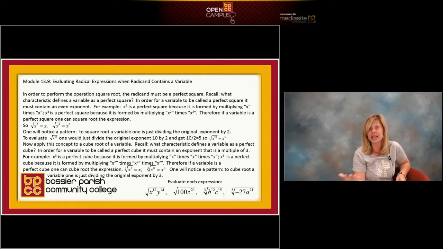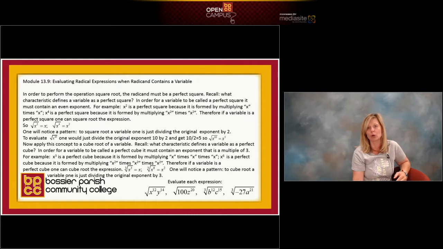For a variable, a perfect square would be an example such as x times x, which is x squared. Or x squared times x squared, which would be x to the fourth. Or x cubed times x cubed, which would be x to the sixth. So we saw previously that for a variable to be a perfect square, it has an even exponent. Any variable that has an even exponent is a perfect square,